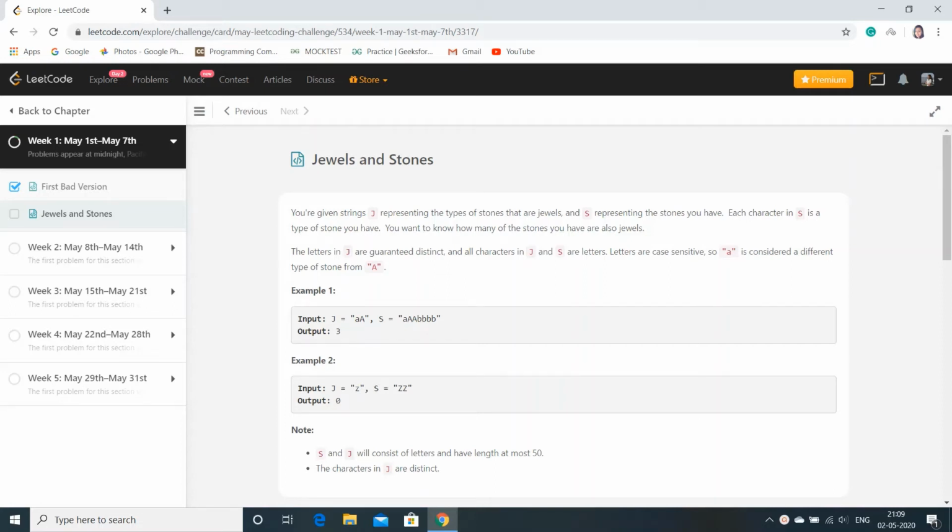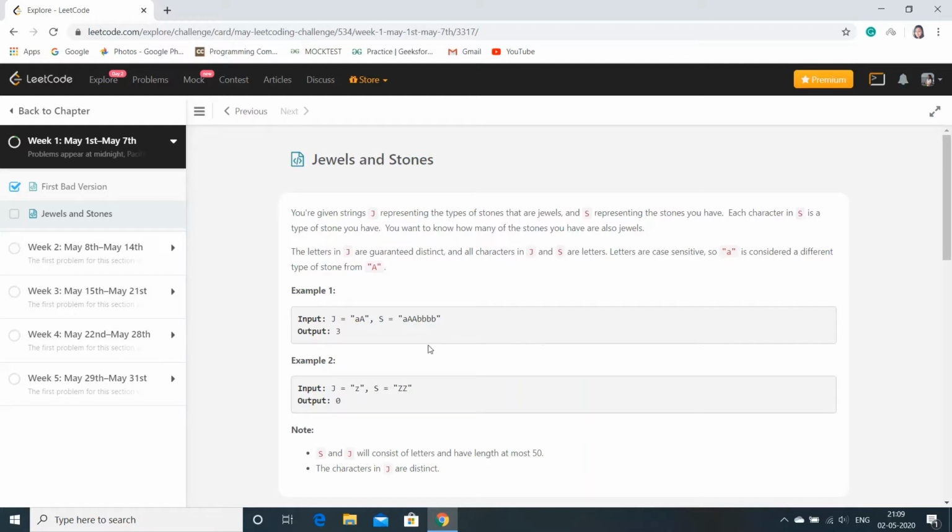So we are in day 2 of the LeetCode coding challenge and the question for today is Jewels and Stones. What the question basically is, we have an array of jewels, like a and A, and the uppercase and lowercase letters are case sensitive, so we have to take care of that. And we have a list of stones. So we have to find out how many of the stones are jewels. So like here we have AAA, so we have three jewels present in our stones. And over here small z is not present, so the output is 0. We have no jewels present in our stones list.